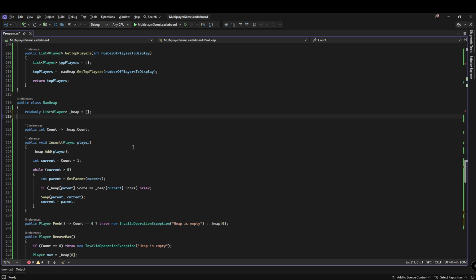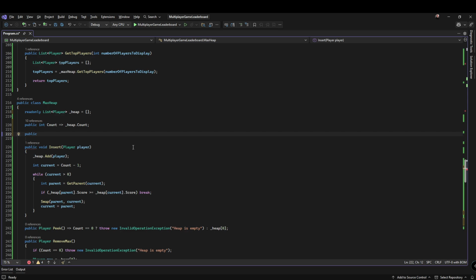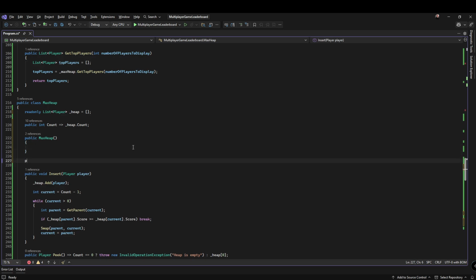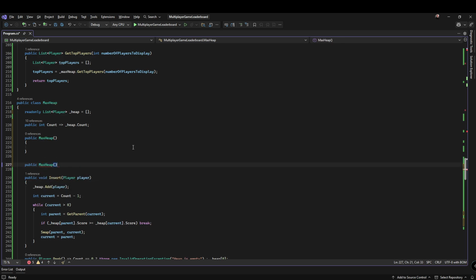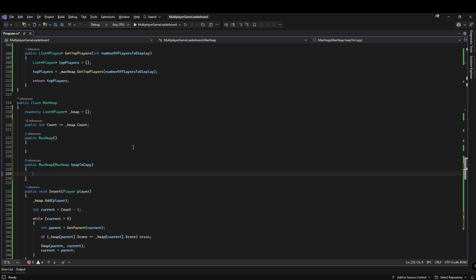So we'll have public max heap, passing in a max heap to copy. So this one will do this. So it will take,